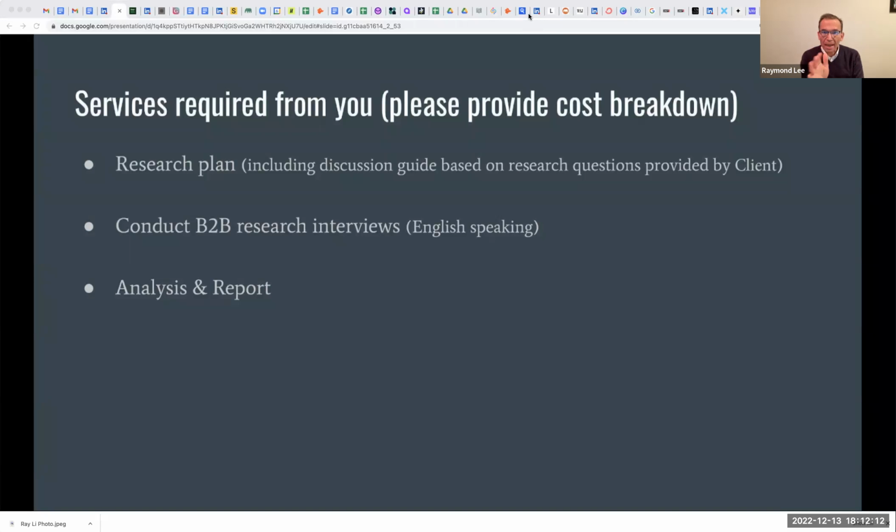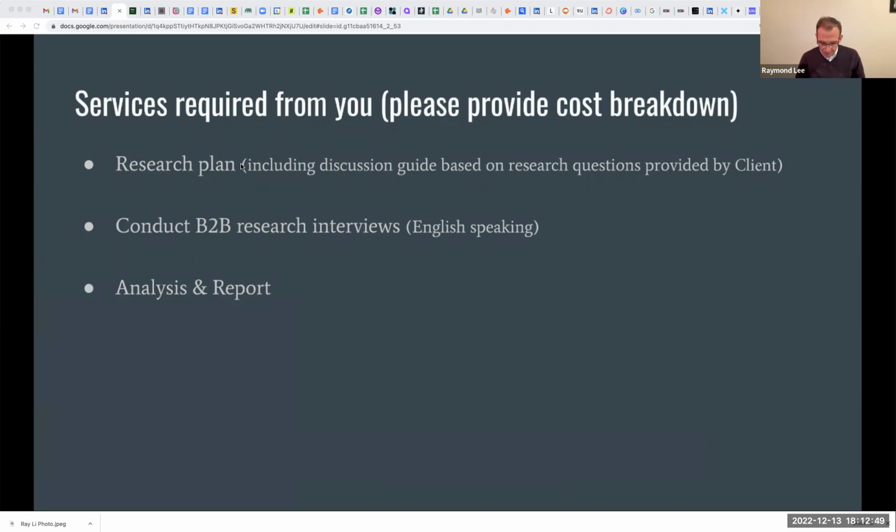So I'm going to ask each of you to just do your own estimate and say, how many hours do you think it would take you to prepare the research plan and the discussion guide? We're going to have 3 chunks of hours here. That's the first chunk of hours. What's it going to take you to do the plan and the discussion guide? And then once we have a total of hours, we'll multiply it by the hourly rate you want to use and come up with your bid.